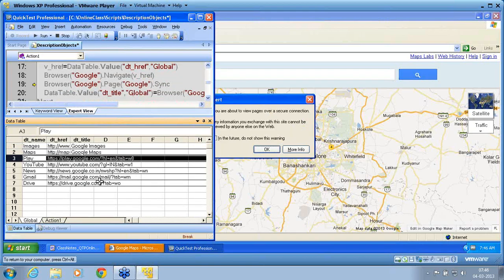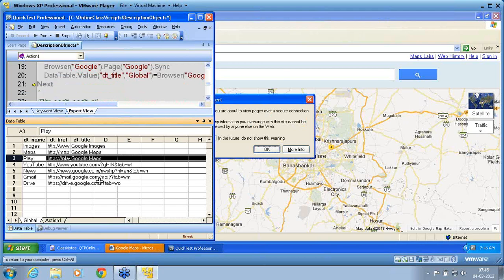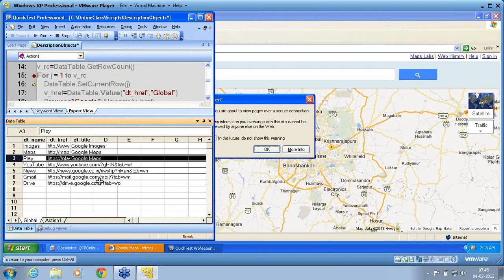In this value, now you can see a security alert warning. That security alert warning may not be in a position for him to retrieve the page title. So you can see that he is dealing with the maps itself. This is actually an exception, a recovery scenario candidate. Because when the security alert comes, we don't know whether it comes for the first iteration, the second iteration or the third iteration.